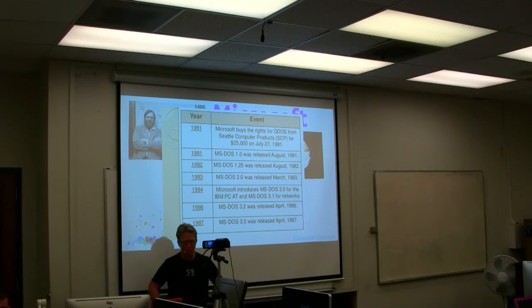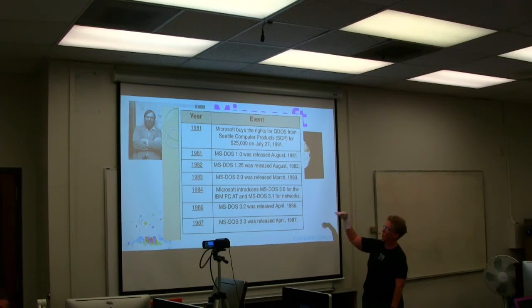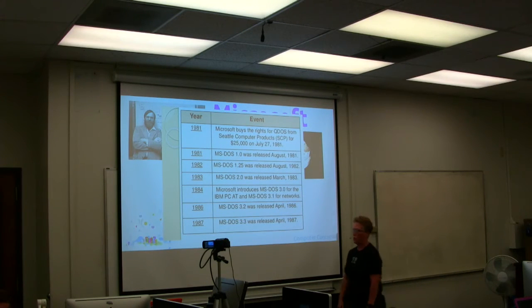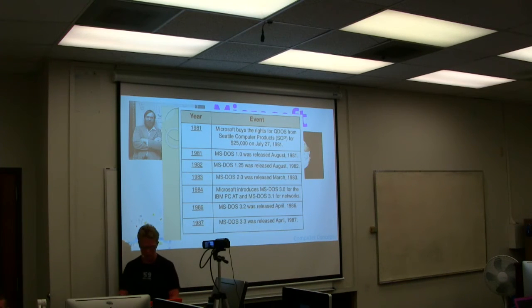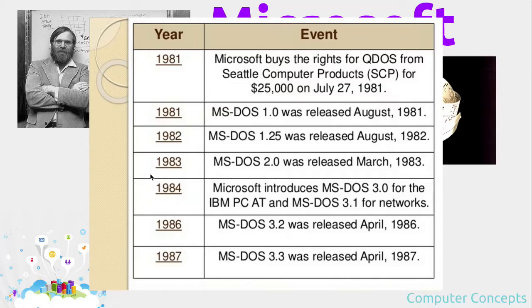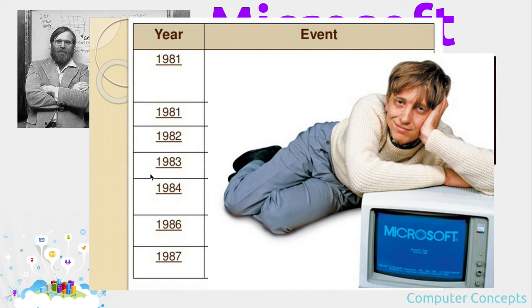So ultimately, right, it still evolved through the years, from 81 to 87. He bought QDOS from Seattle, but then he licensed it to Microsoft for all their different versions of the Microsoft, or the IBM PC. Okay? So these guys are having a good time, making lots of money. And we're not even to Windows yet. Okay? So, and again, this is a glamour shot, right?